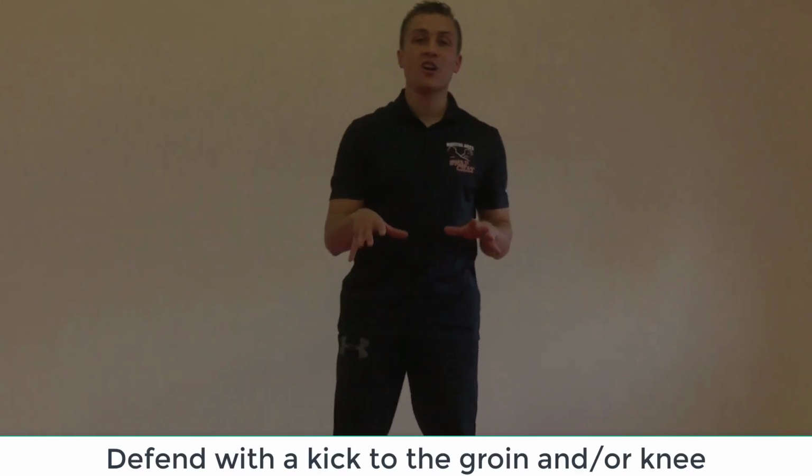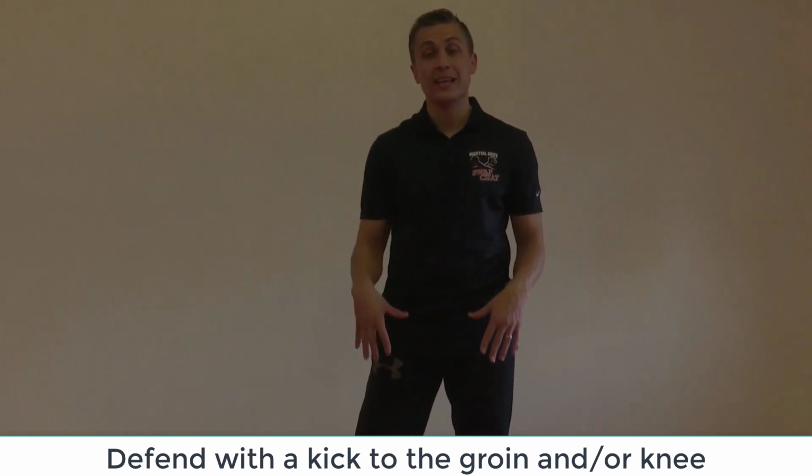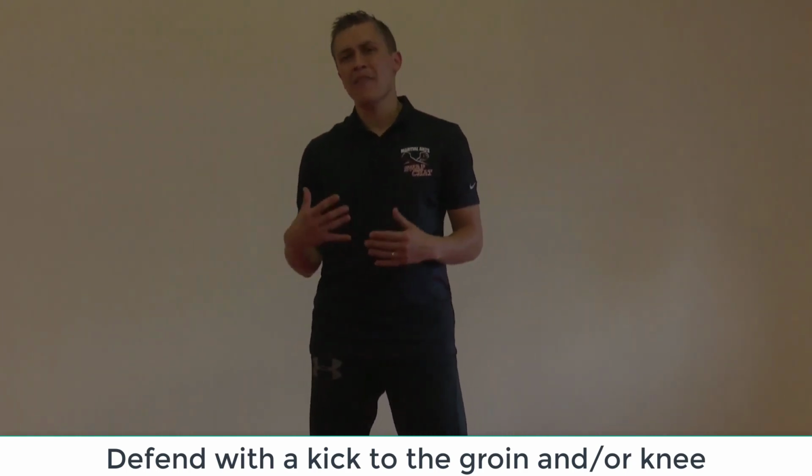Okay? Your target areas are the groin and knee. Obviously, you could kick all over the body, different vital areas. But right now, we're going to focus on the knee and groin. So if the attacker is on the ground or lower than you, you could kick towards the face or ribs